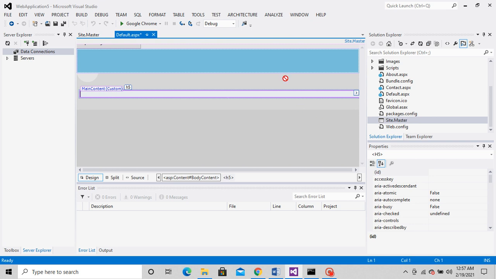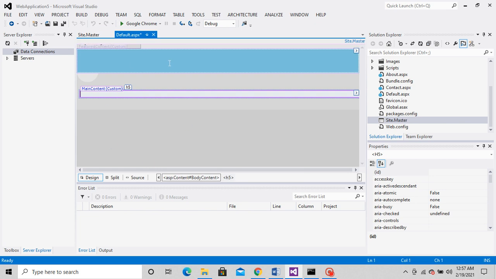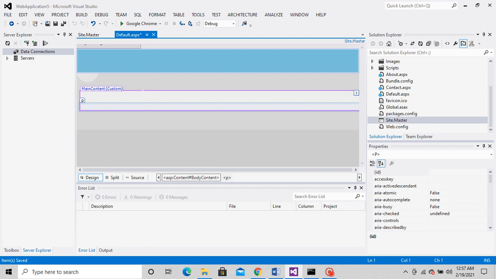Okay, now you can see, so we have a site master. From there also I have deleted the unnecessary things, and from default.aspx I'll just keep a few things here, like a name.